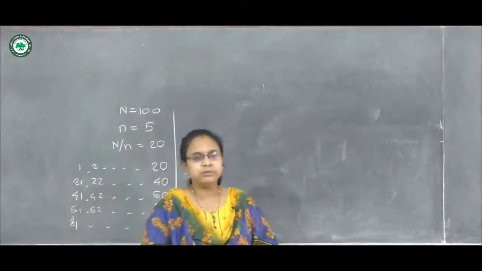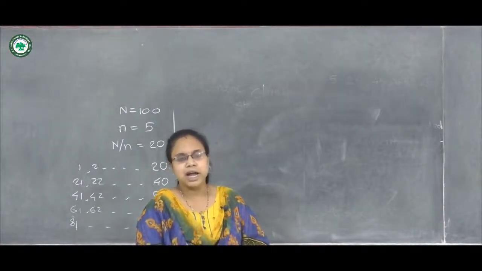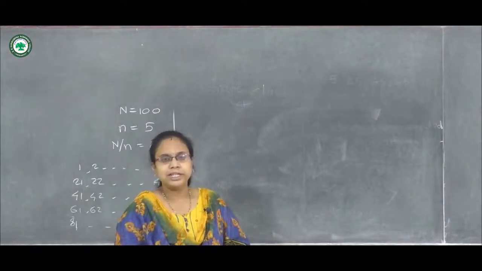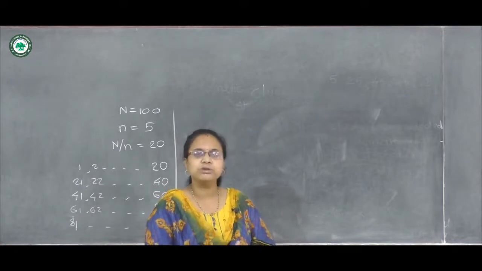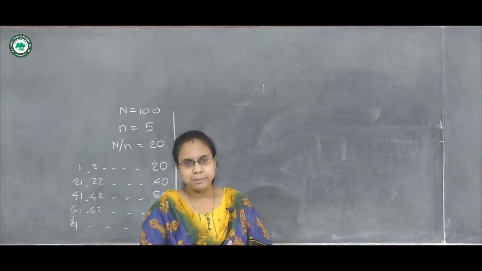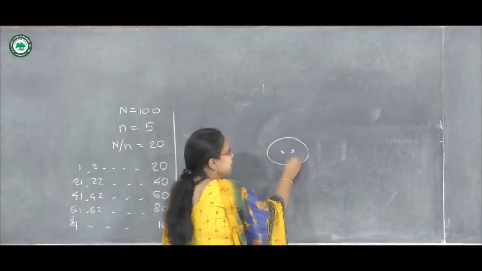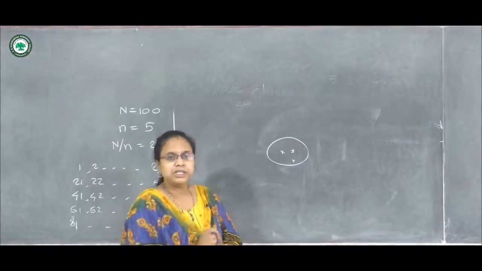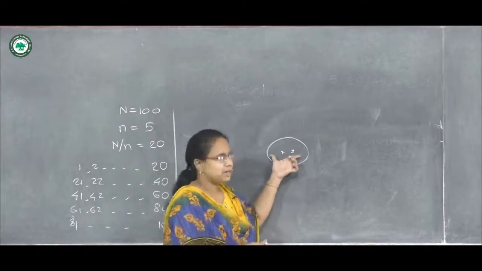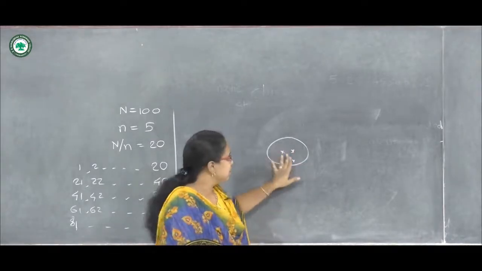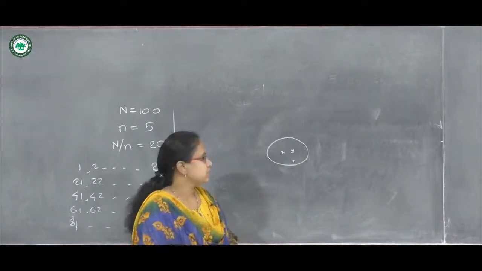Here we can note one thing: in a cluster, if the observations are at some distance from each other, then it may take a longer time to collect the information from that sample. But if the 2 points are in the neighborhood or near to each other in that cluster, then it will take less time. Actually, when the observations are distant, they can cover all the population. So this is one benefit of cluster sampling.